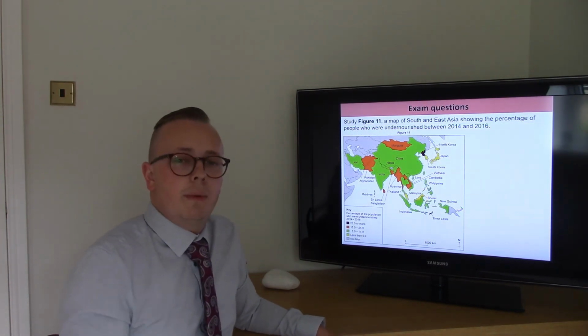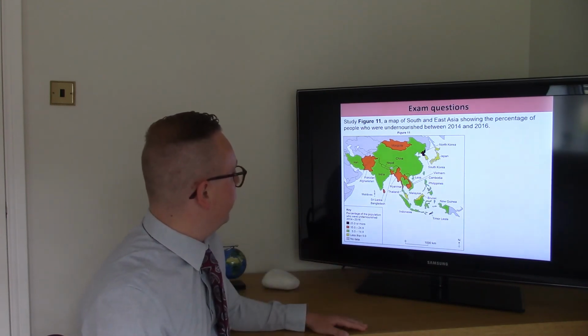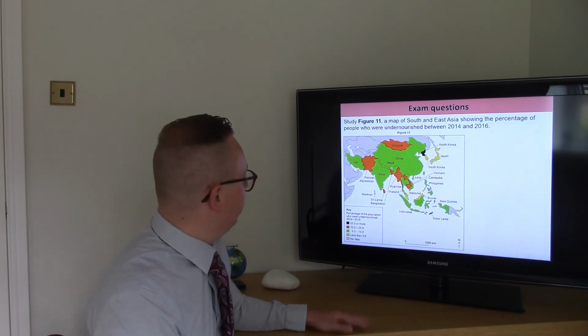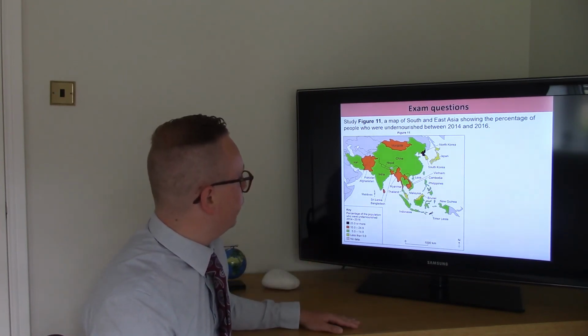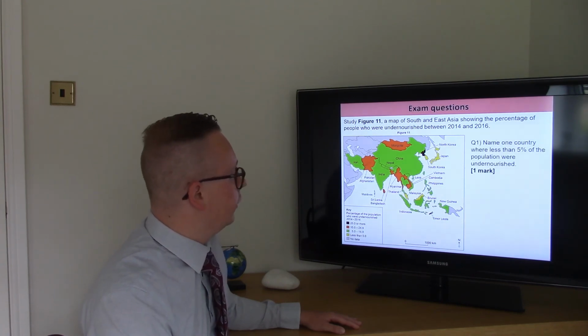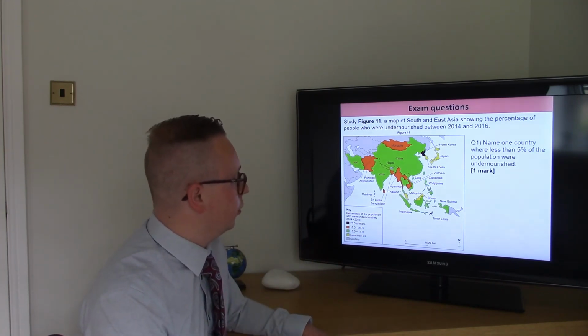Okay, we'll finish off then by looking at a couple of exam questions. We've given here figure 11. This is quite typical in this paper to see these choropleth maps. Figure 11 is a map of South and East Asia showing the percentage of people who were undernourished between 2014 and 2016. And the first question says, name one country where less than 5% of the population were undernourished, 1 mark. So it's a simple state